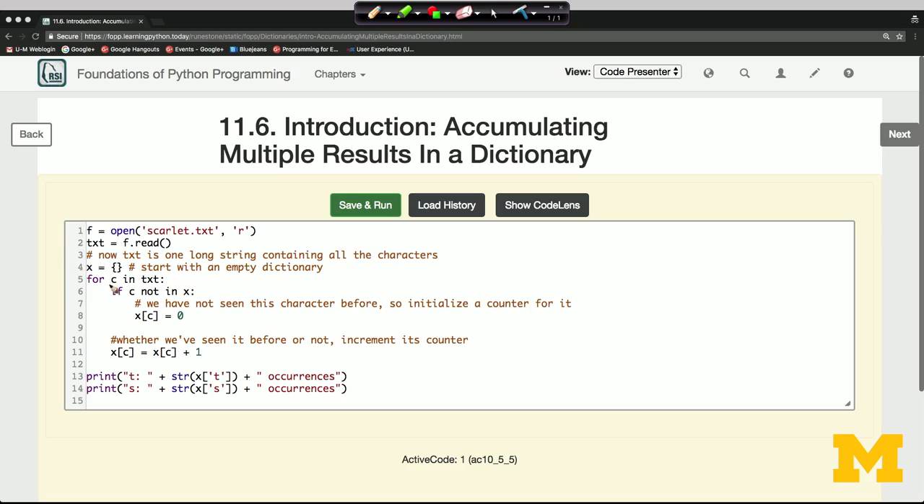And then, like before, we loop through every character in txt. And what we do is we have an if statement to say if the character c is not in our accumulator dictionary, so if c is not in x, in other words, if we haven't encountered this new character c yet, then we initialize x sub c to be 0. What that means is that the first time we see the character a, we initialize x sub a to be 0. The first time we see the character t, we initialize x sub t to be 0,